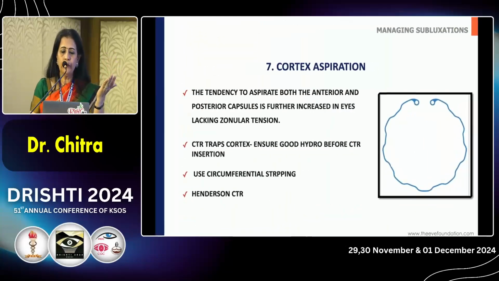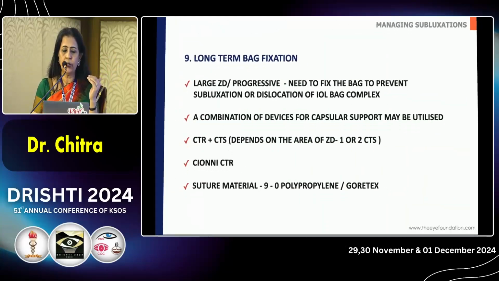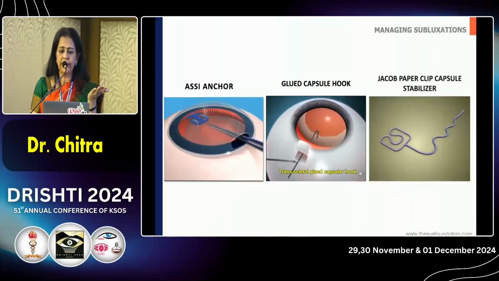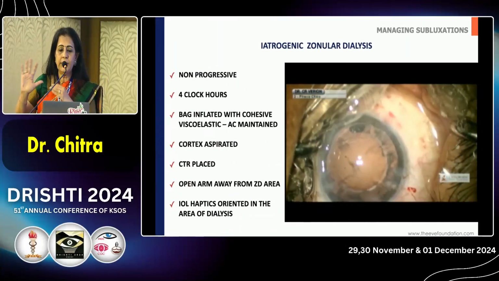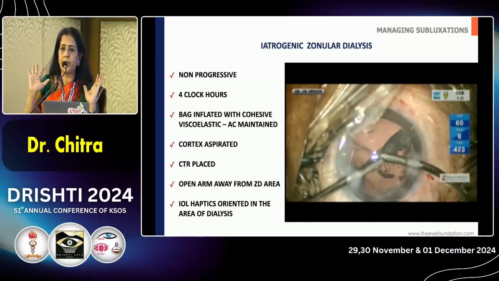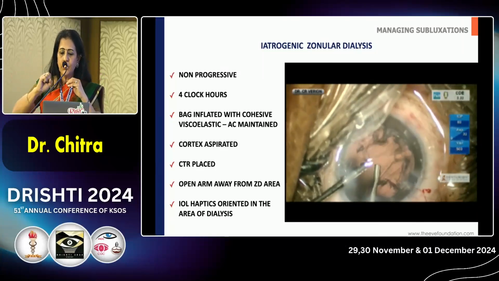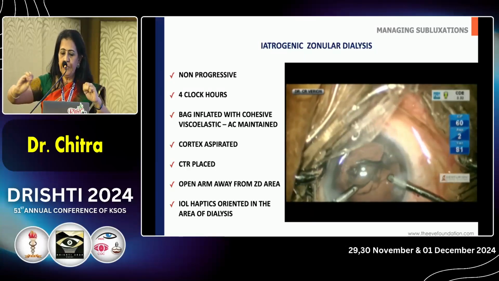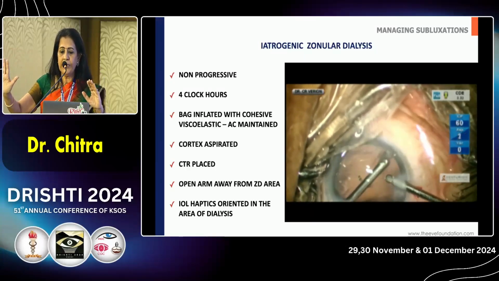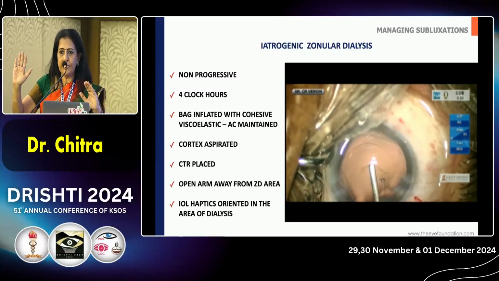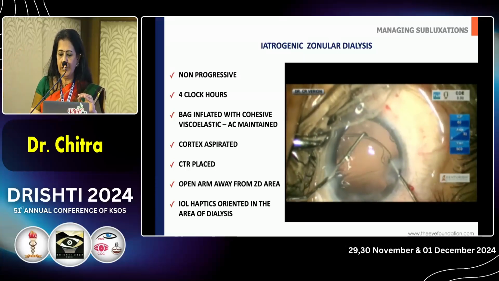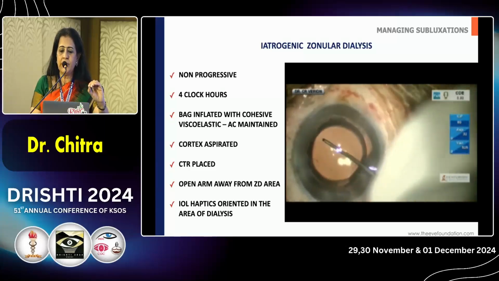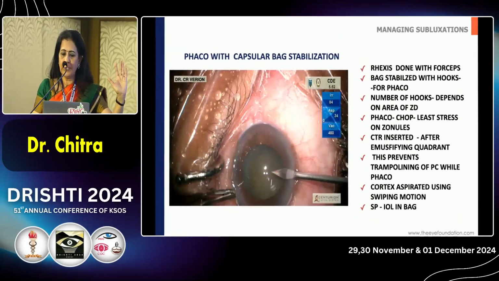And going further, I'm actually going to take you all to the surgeries because these are very relevant things, but paucity of time. Now, this is a case in which things were going good. Suddenly, there's an iatrogenic dialysis. So, inject viscoelastic, deepen the anterior chamber. You could have placed a CTR, but it always makes sense to place the CTR late. Remove the cortex, keep checking whether the dialysis is not increasing, and then tuck in your CTR and then place the lens. Now, that's all there is to it.